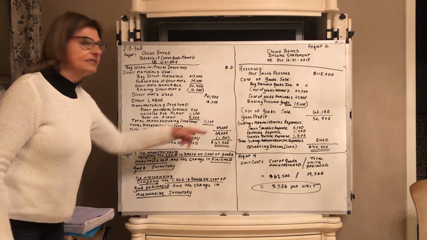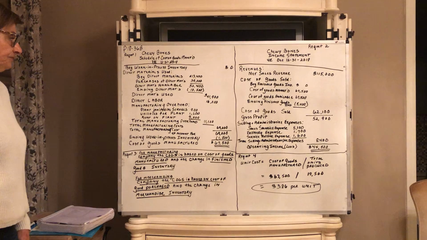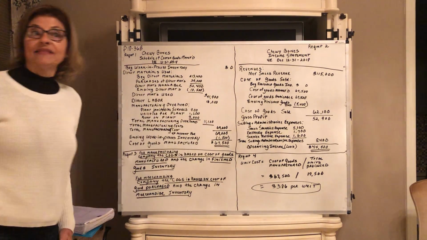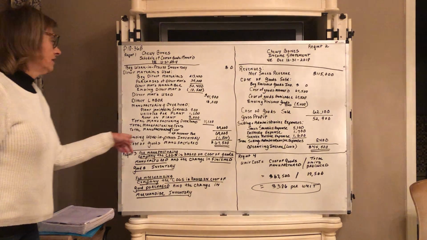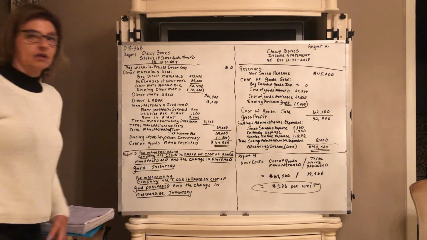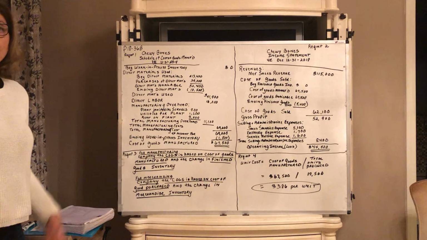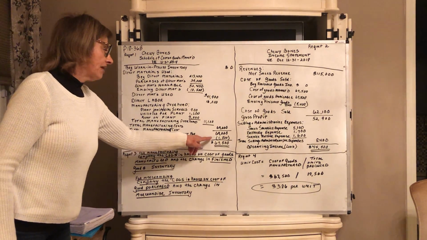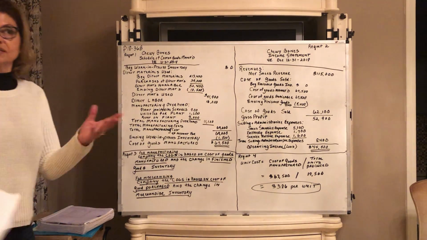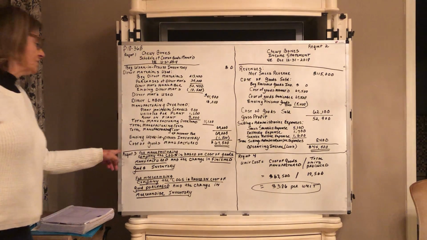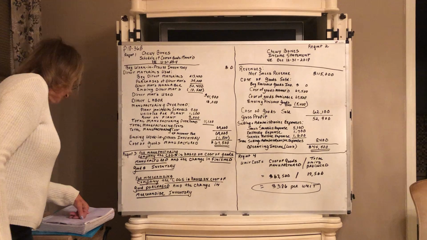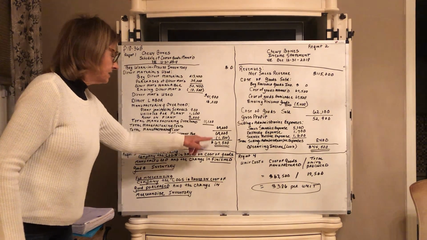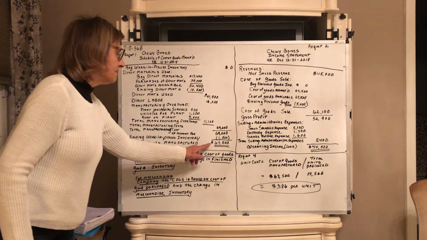Add them all up, you get $69,000. Now, if there were a number up at the beginning work in process, you'd add that in, but there isn't. So the total we have to account for is also $69,000. One last thing left to do is the ending work in process has to be subtracted because, of course, that's not done yet. So the ending work in process is $1,500. Subtract. Total cost of goods manufactured,